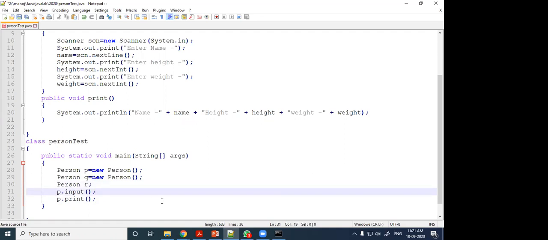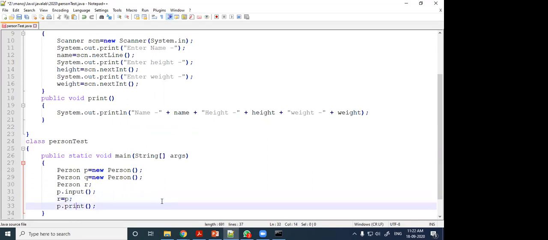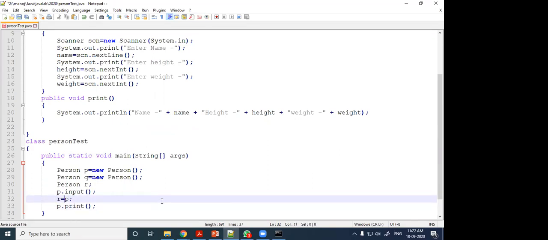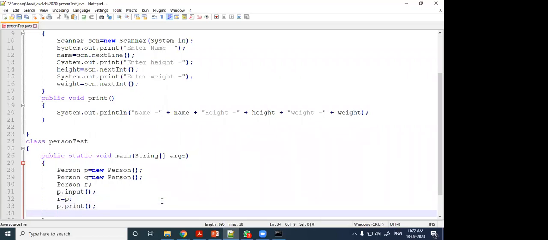Okay. Now p dot input. After that, suppose r equal to p. Now r is referred to the p reference. So whatever I have entered, p dot print will print the data which I enter through p.